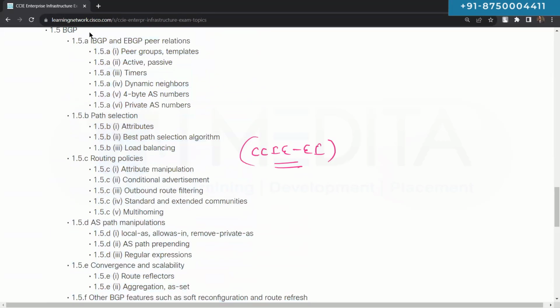From the Border Gateway Protocol content point of view: eBGP, iBGP, neighborship, how to form the eBGP neighborship, how to form the iBGP neighborship, and a variety of concepts regarding eBGP and iBGP, such as peer group, template, stage, timer, dynamic neighborship, authentication, private AS number. Then, once the neighborship is done, how